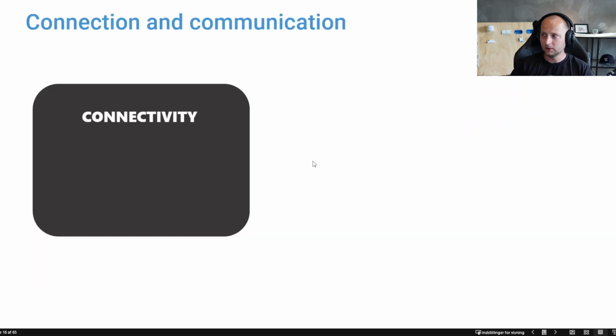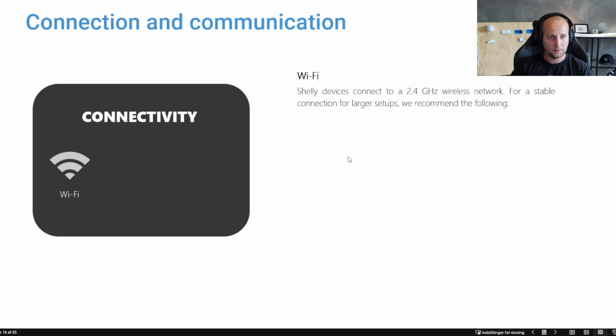Let's jump into the communication part. So we are based on Wi-Fi mainly for our devices. And be aware, 2.4 gigahertz. This is still strange enough one of the main questions I'm getting: why a customer might have some problems connecting devices to the internet. And very often I see that some customers are trying to connect them to a 5 gigahertz network, but it does not work.